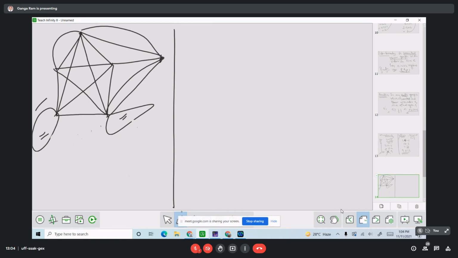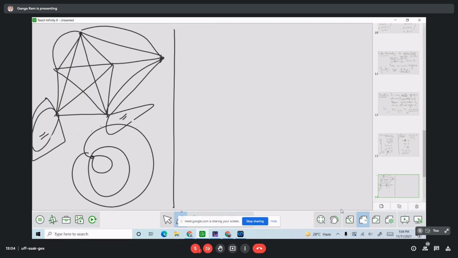So can you see? If we delete these loops from the graph, will planarity be affected or not? Because this is a self loop here, again a self loop from this vertex, and again at this vertex. There is no intersection between the edges, so planarity is not affected if we remove the self loops.